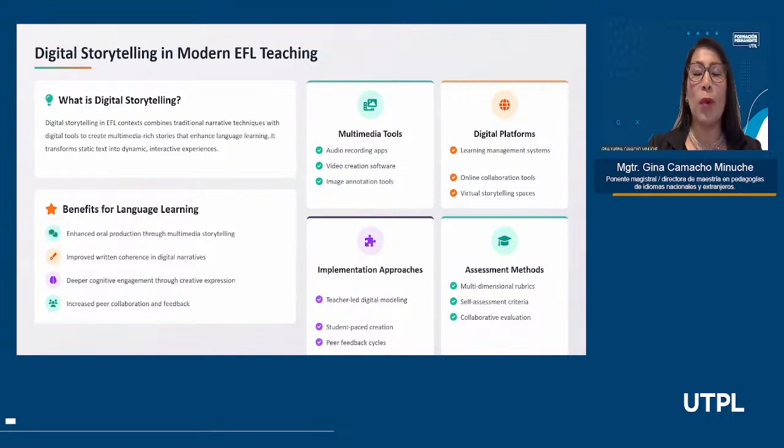And most of the stories include some slang phrases, showing how people use language daily in real life. Increase peer collaboration and feedback also.